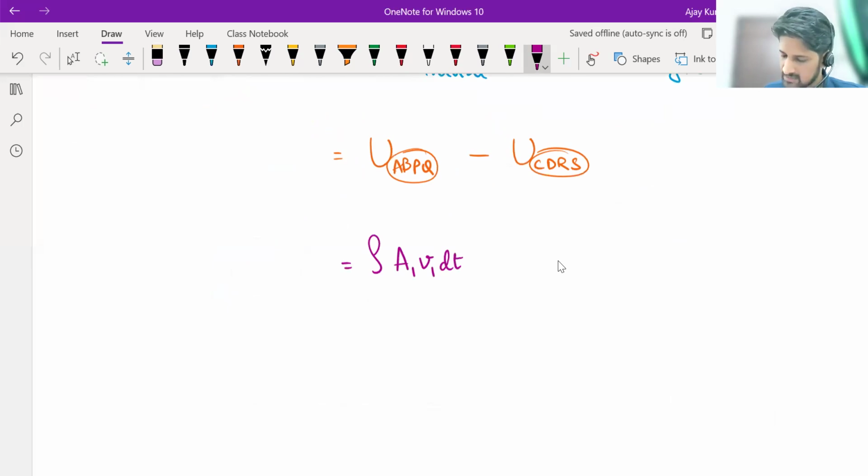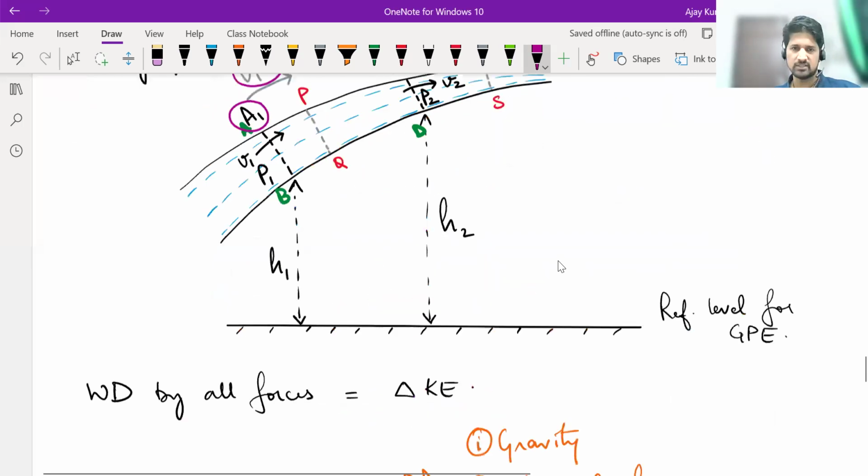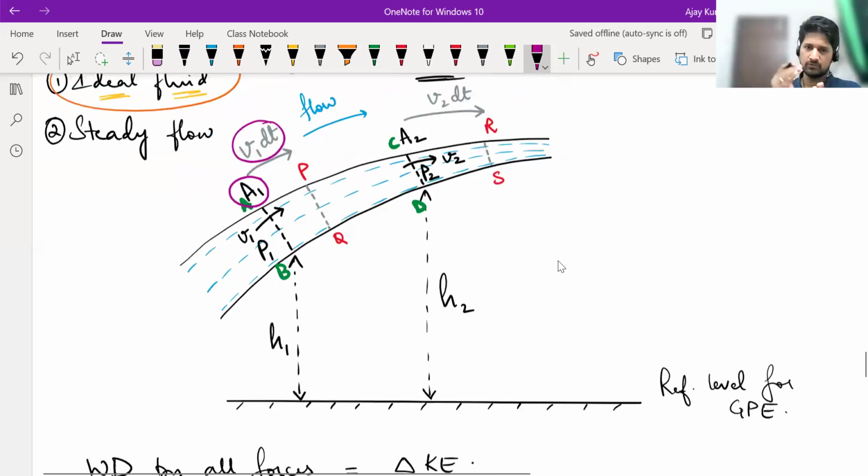Okay. This is mass into g into h1. Why? Because the height of that cross section was h1 from the ground. As I said, the distance between AB and PQ is very small. For us to be able to visualize, I have shown it significantly large. In small time, it will shift only a small distance. So AB, PQ are almost at the same height from the ground. That height is h1